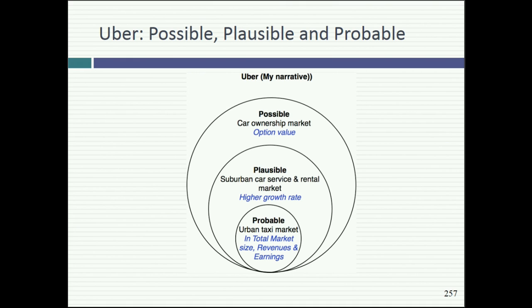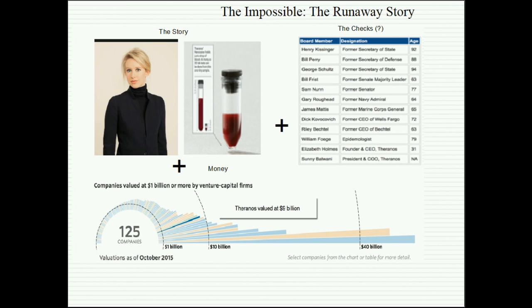This is what I call a runaway story, a story that's so good you want it to be true. And I wish I were making up these things, but I'm not. The 19-year-old who dropped out of Stanford was called Elizabeth Holmes. And the company she started was called TerraKnows, which did exactly what I described. 2 drops of blood, there's a nanotainer right there. 36 different tests, 30 minutes later, emailed to you, cost you only $50.